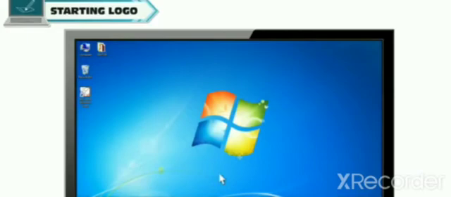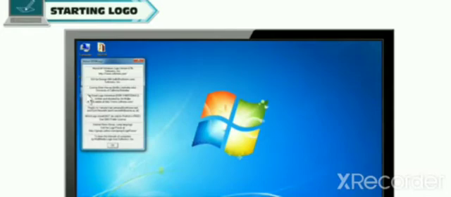Starting Logo. To open Logo, click on the MSW Logo icon on the desktop to open the MSW Logo window, and click on OK. The Logo window consists of two separate windows. The MSW Logo screen is the output window. The Commander window is where you give instructions and write programs to be executed.